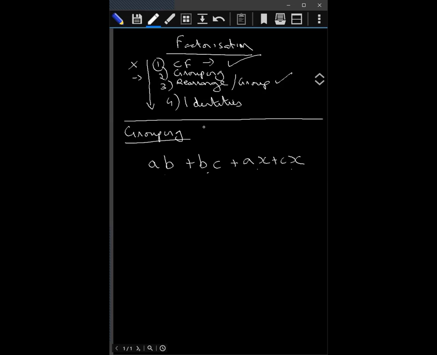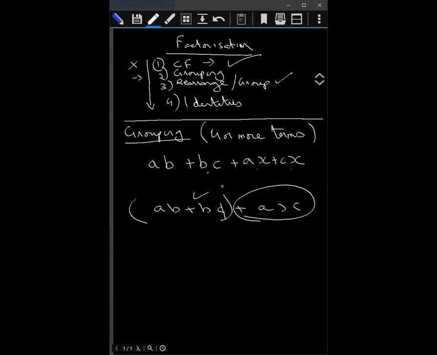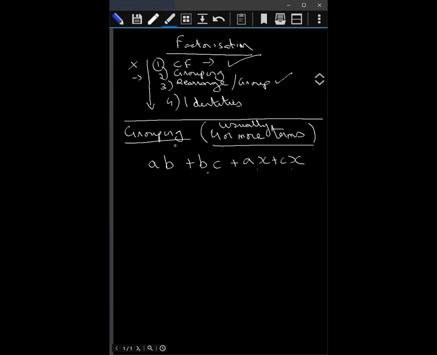Now, one of the common hints in grouping is usually there will be 4 or more terms. Okay. We don't group terms if there are 3 or 2, because 2 doesn't make sense. 2 will directly, you can take out the common factor. 3 terms you cannot group because if supposing I have AB plus BC plus AX, I can group these 2 terms only. But what do I do with AX? I can't do anything. So I can only group 2 terms. So usually, not always, usually you will only have 4 terms or less or more whenever you're doing grouping, right? Okay. So in this question, what are we going to do?